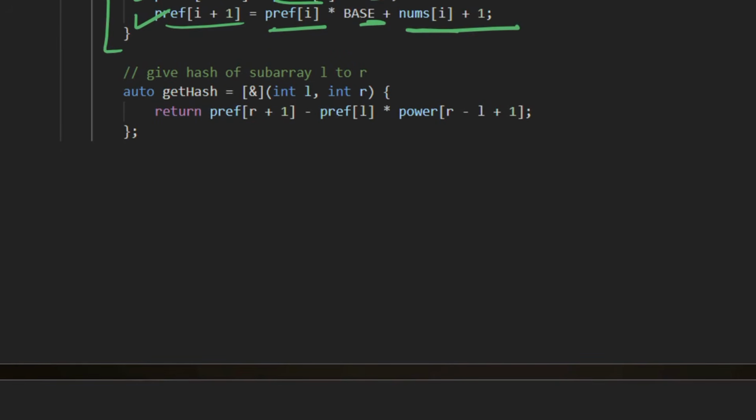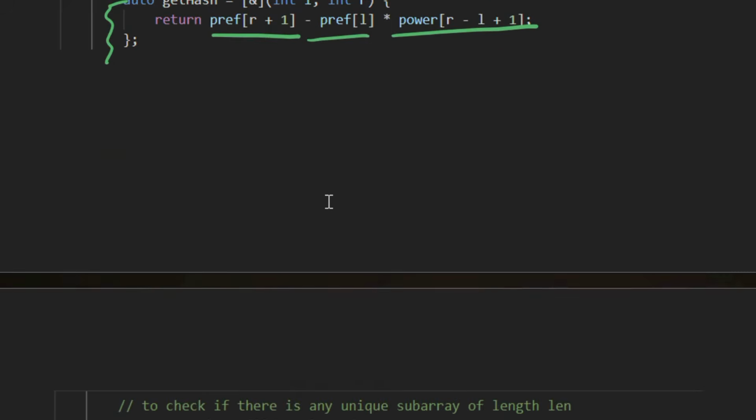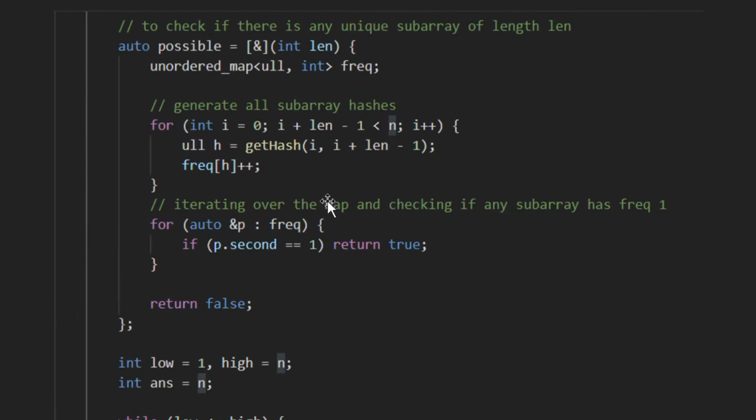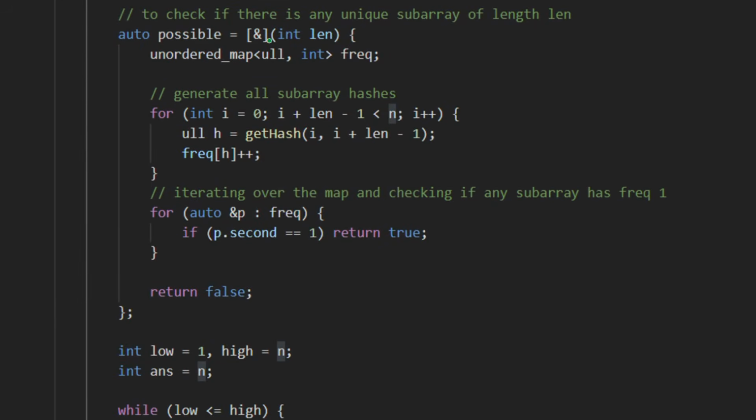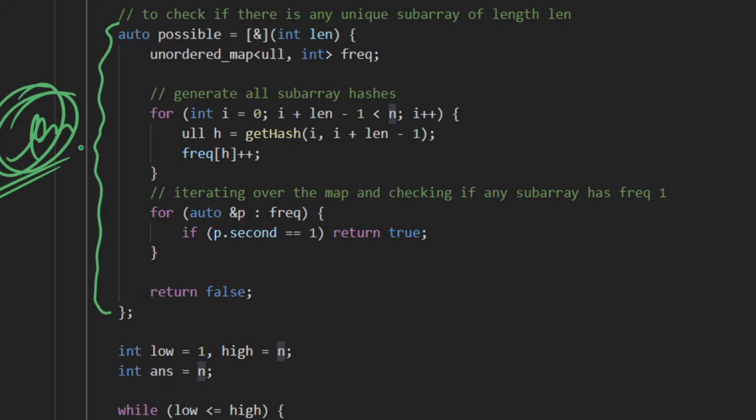Now this function getHash will return the hash of the subarray from L to R. So here we see the formula, prefix of R plus 1 minus prefix of L into power of R minus L plus 1. So we have seen how this formula has been derived. Now this function will check whether there is any unique subarray of length len or not.